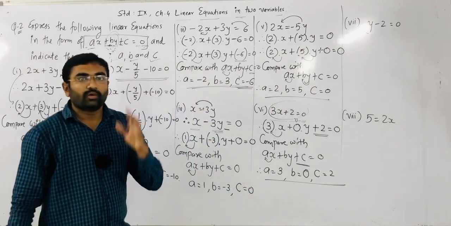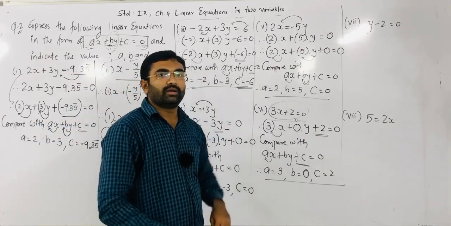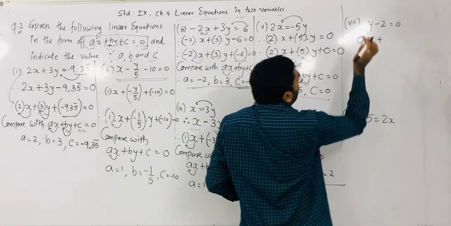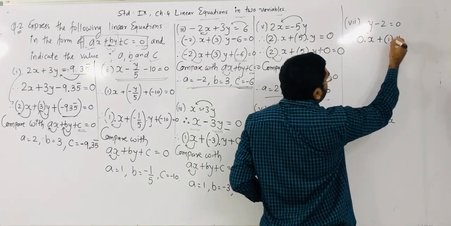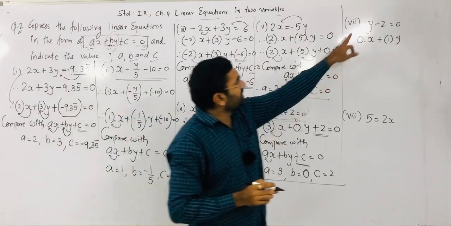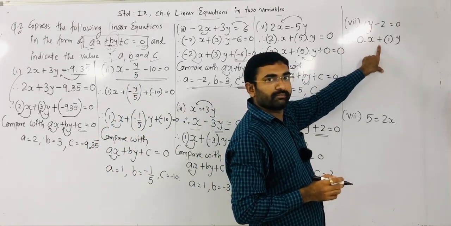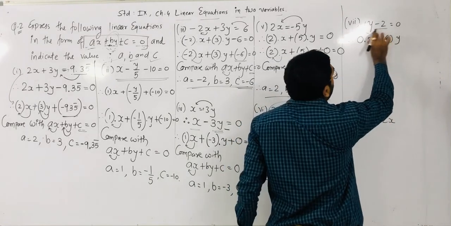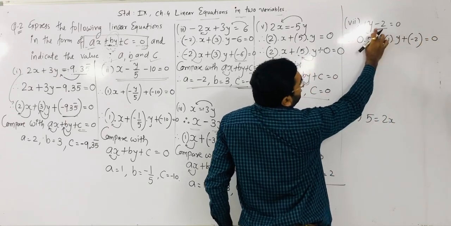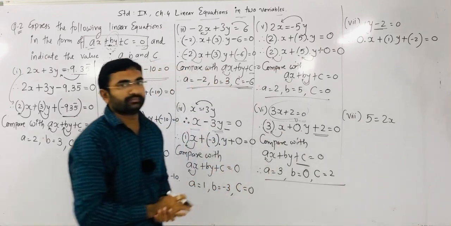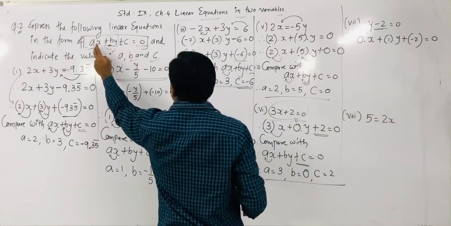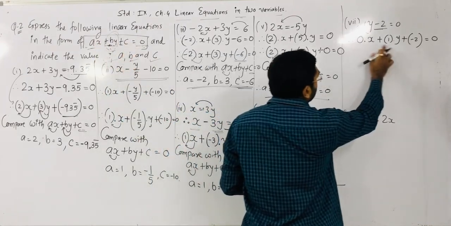So as I told you, whatever the missing term, that term you have to write as a multiple of 0. So we can write here 0 into x plus y. What does y mean? 1 into y we can write, because no number is given, so there is always 1. And its sign is plus. So that's why here I put plus 1 into y. And this number I can rewrite as plus into minus 2 is equal to 0, because plus into minus is a minus, and 2 as it is. Right? So we can say the given equation we can now rewrite in the form of ax plus by plus c is equal to 0.